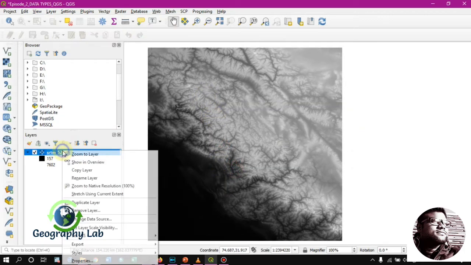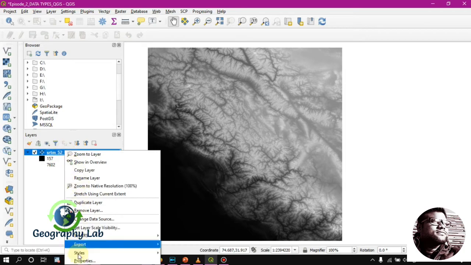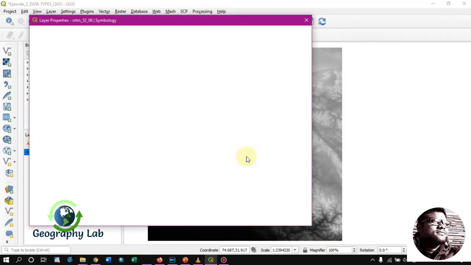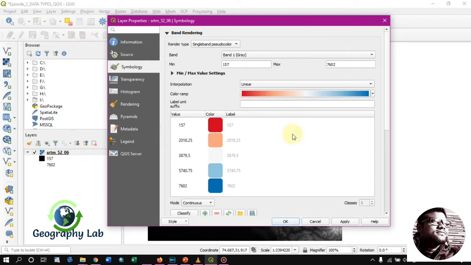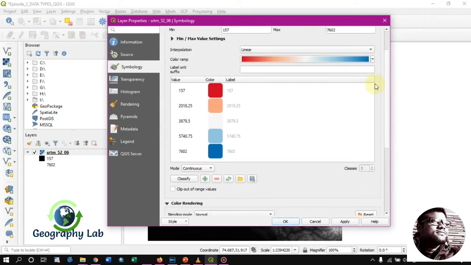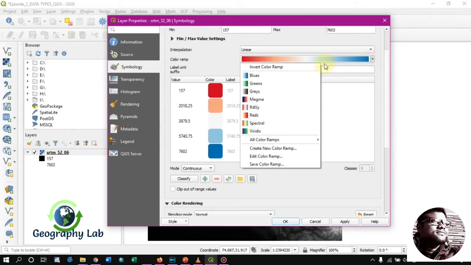Maybe for better visualization you can right click here and go to the properties, and for the color, go to the single band pseudo color and then choose the different color ramp option.